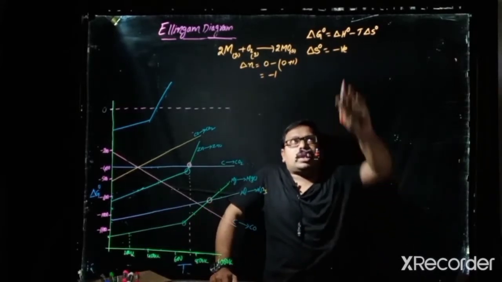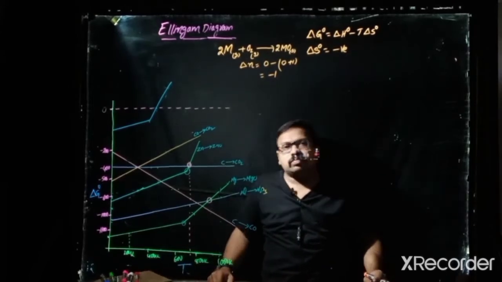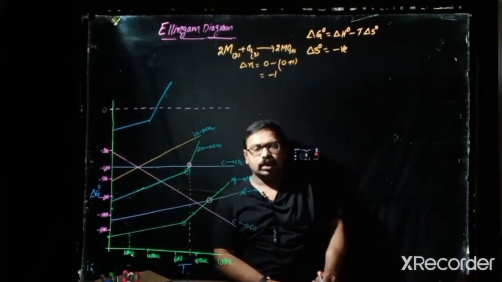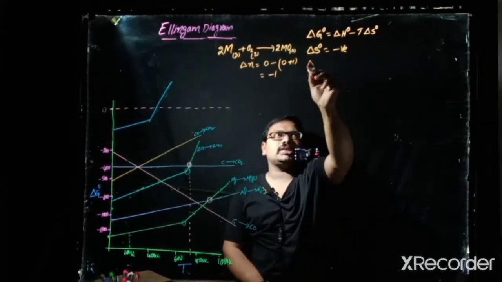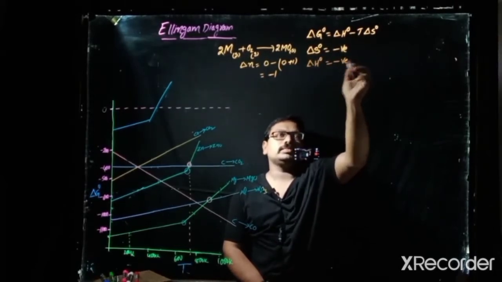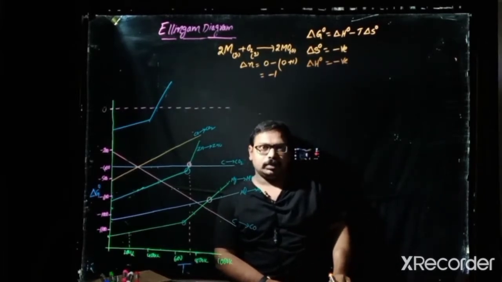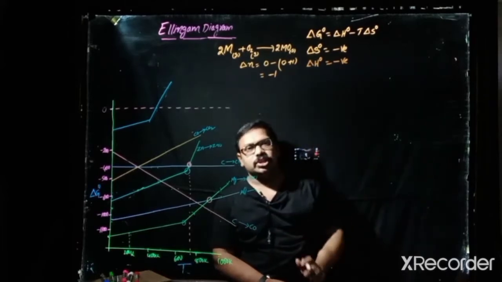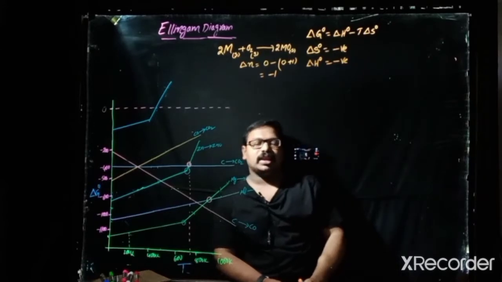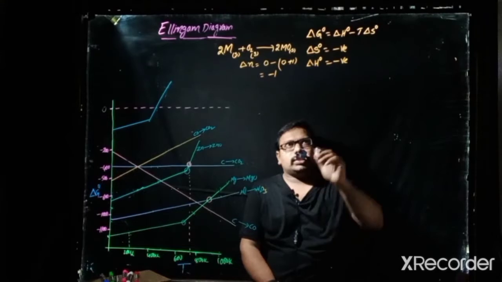And if you are observing the change in enthalpy for the oxidation of metal, most of the oxidations of metal are exothermic in nature. So for exothermic reactions, the standard change in enthalpy will be negative. Okay, for the oxidation of metal, the standard change in entropy is taken as negative, and the standard change in enthalpy will be negative.